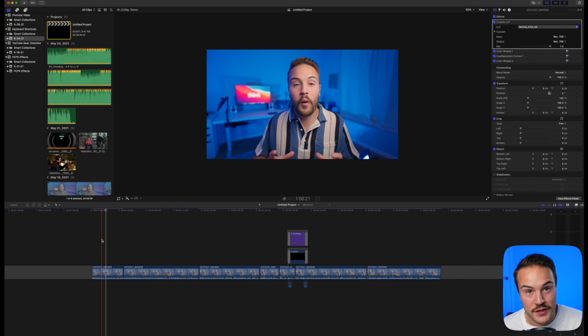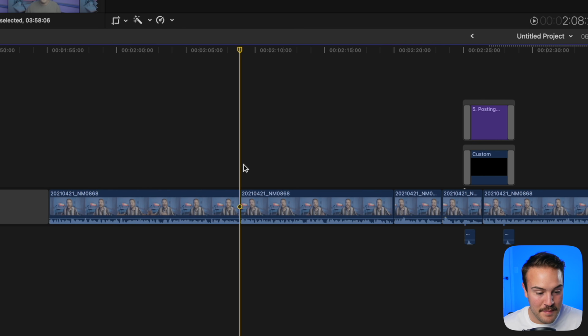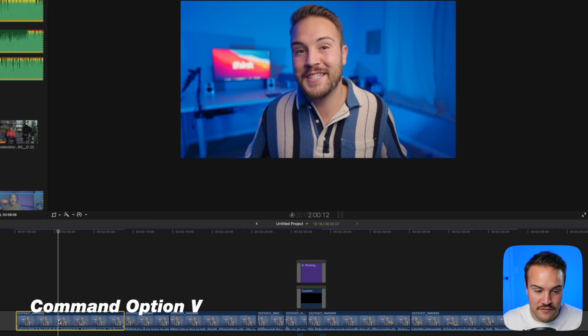Next up is shortcuts for copy, cut, and paste. I use these all the time, so knowing the shortcuts really comes in handy. To copy, you just need to hit Command C. If you want to cut, you can hit Command X. To paste the clip, you can hit Command V, or if you want to paste the attributes like the effects, the color grade, you can hit Command Option V, and that is going to add everything from your clip to